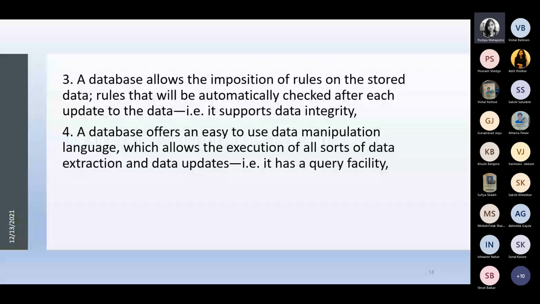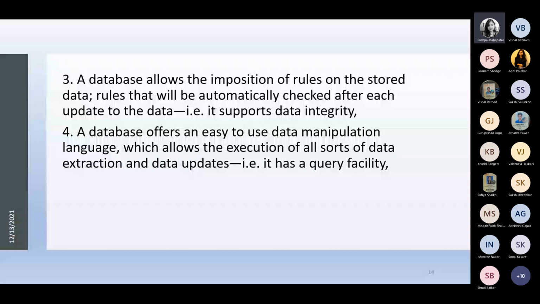Then query optimization can be done. If we perform the same query again and again, then the result can be stored in some place and quickly displayed. That is your query optimization. So we will get a faster way of accessing the data.